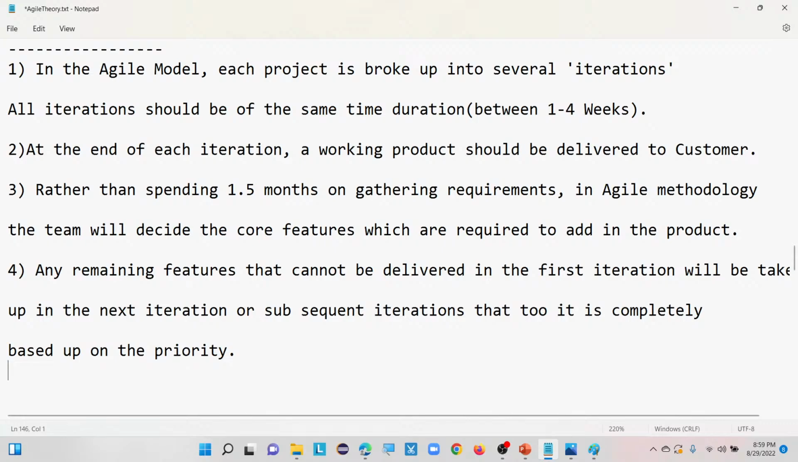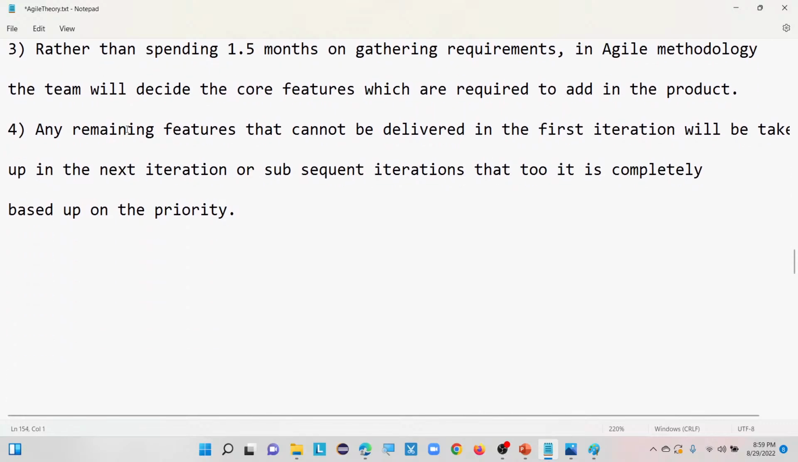Okay, then what is our fifth point here? We need to remember what our fifth point is. Let's make a note about the fifth point. At the end of the first iteration, the team will deliver a working software with the features that were finalized for that particular iteration. That's what we discussed. At the end of the first iteration,